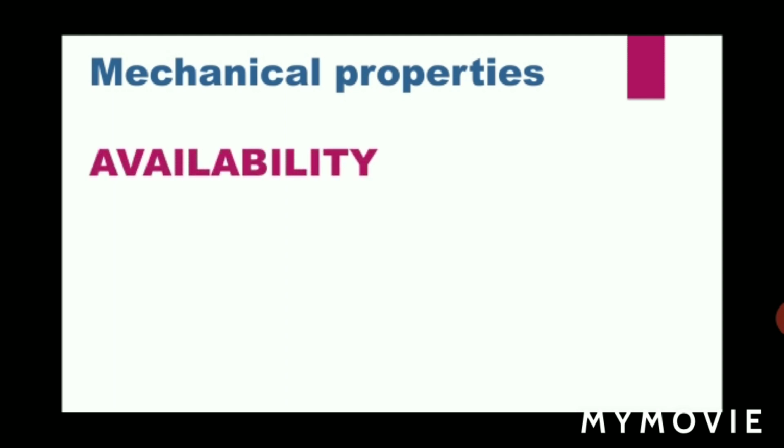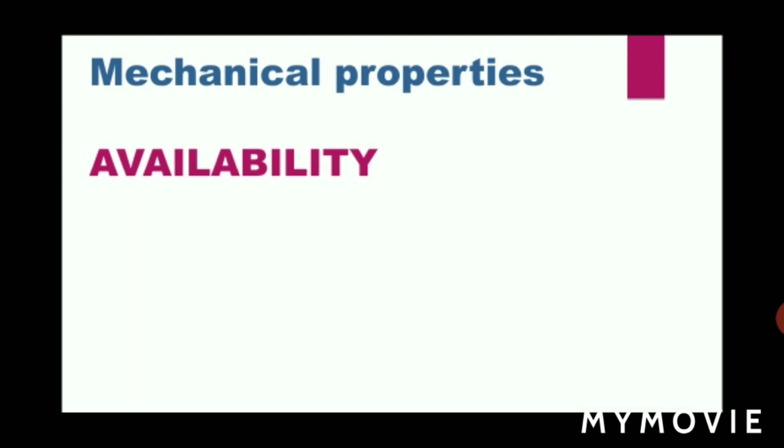So the next one is availability. It is a very, very important one. Why am I saying that it is very important? Material availability simply means the material is available at an appropriate cost. That means the material you are using for your machine component is readily available in the market itself, after what we call a number of processings and all those things.